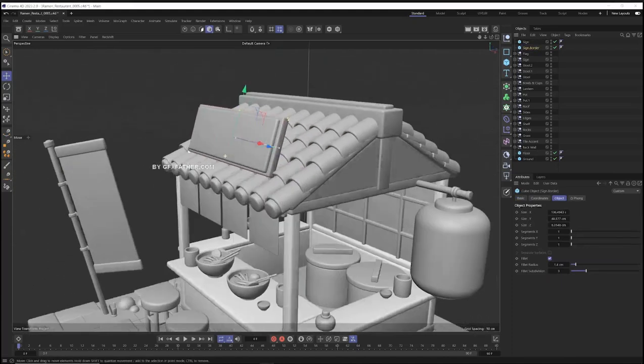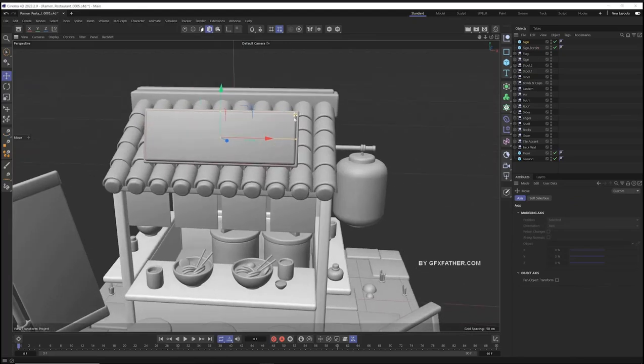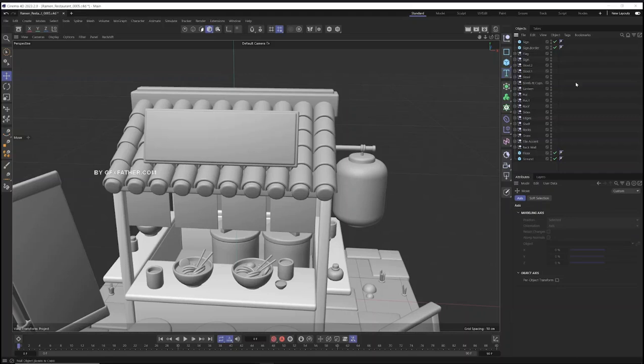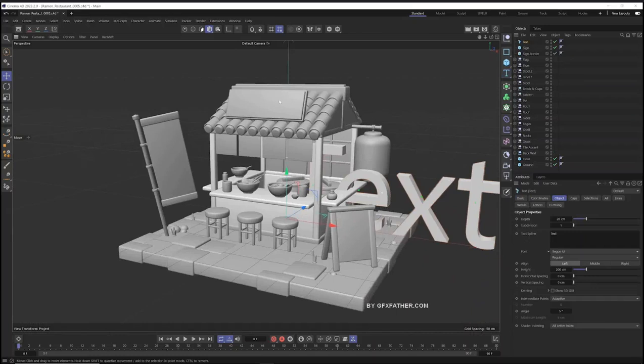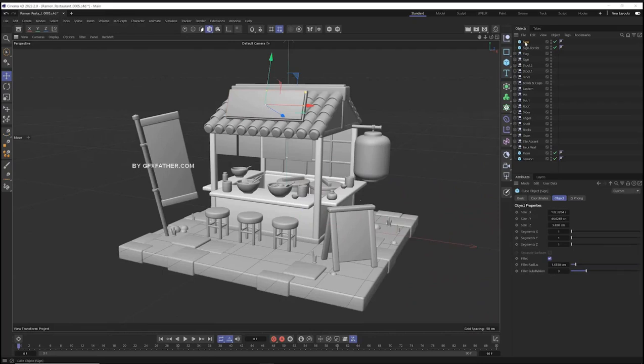And now what we can do is actually create the sign text. So what's really cool about Cinema 4D is that we've been covering all these different primitives, and right here is actually a text primitive. So it's a text object. It automatically creates 3D extruded text. And if I just add this to my scene, there is the text right there. And actually, I forgot what I could do, is we can undo that. And if we want the text object to appear right at this axis center of the sign, I can select the sign,